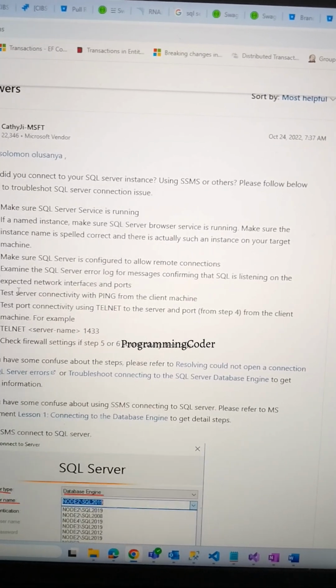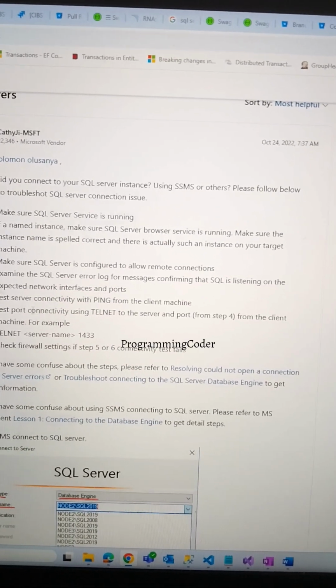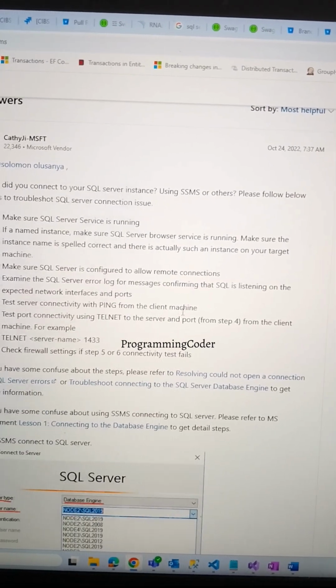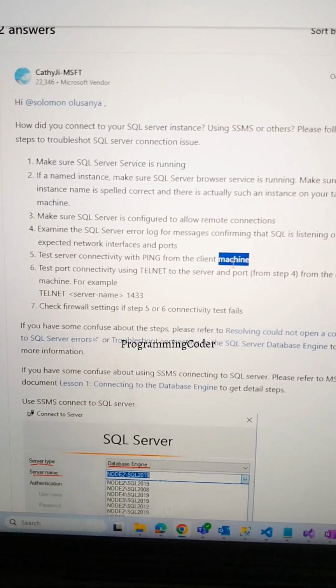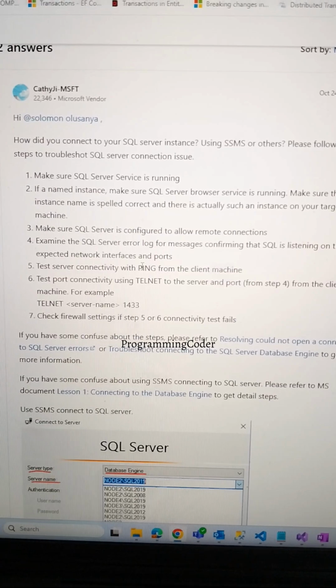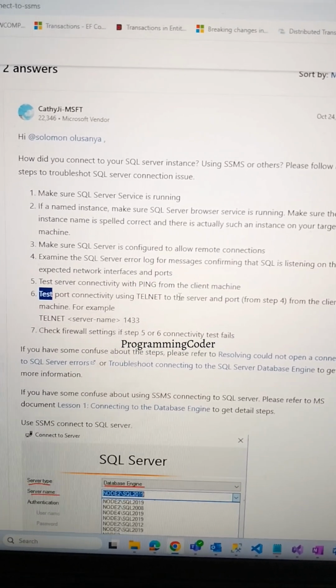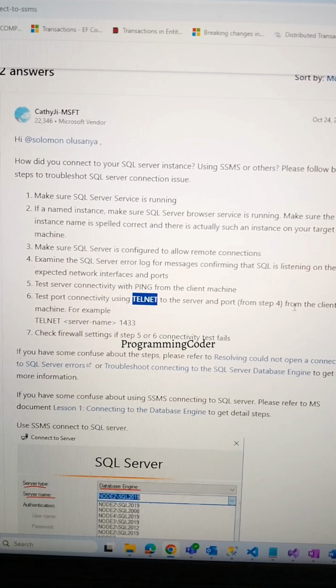So you need to check which port is listening and test connectivity by pinging the server machine name, whatever the remote machine name is. You need to ping with a command and check the specific port running on that SQL Server.